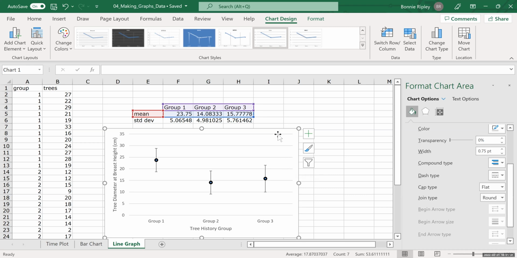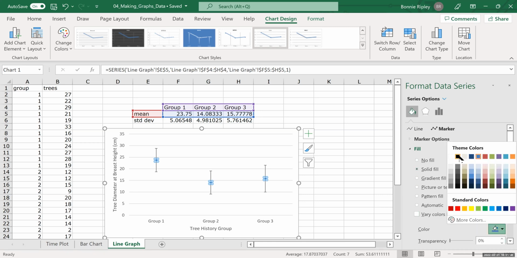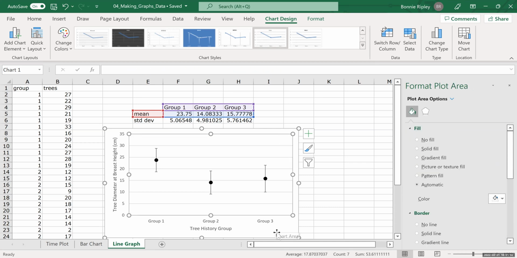All right, so I'm going to make these markers. I'm going to give them a fill. I want them to have a solid fill that is also black. They look a little goofy with their empty middles. Okay, there we go. That's a very nice